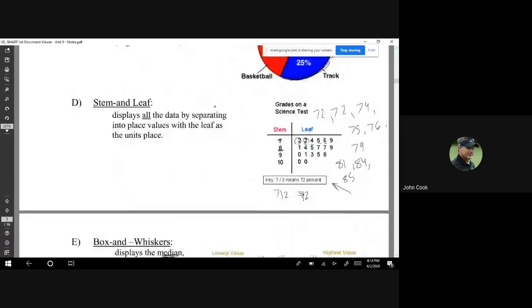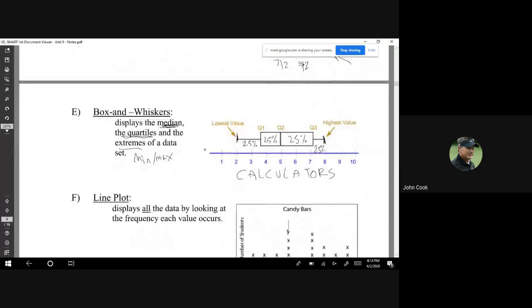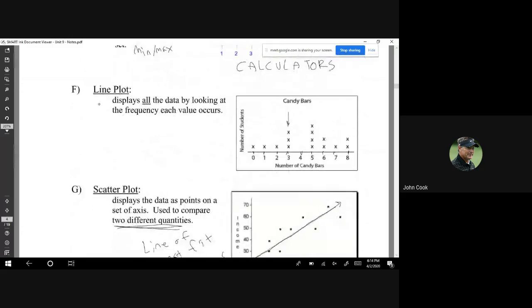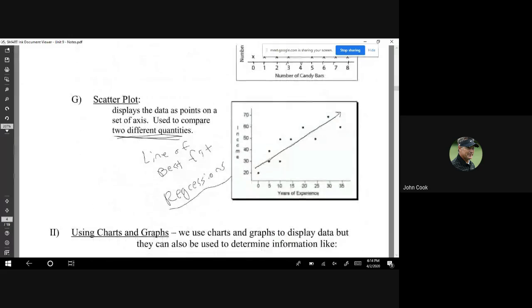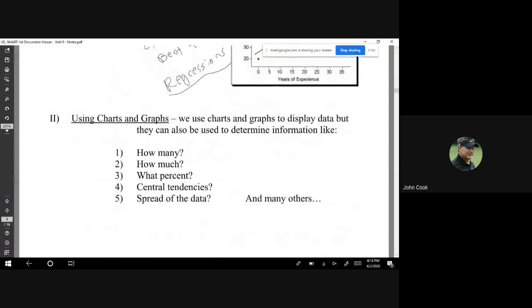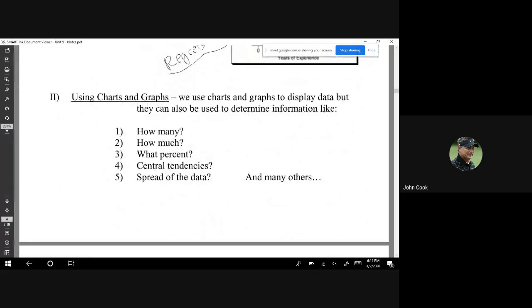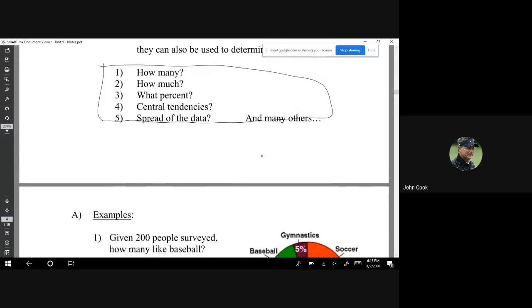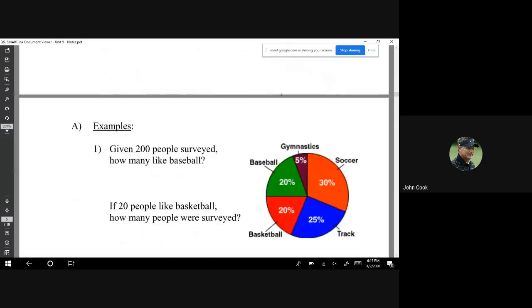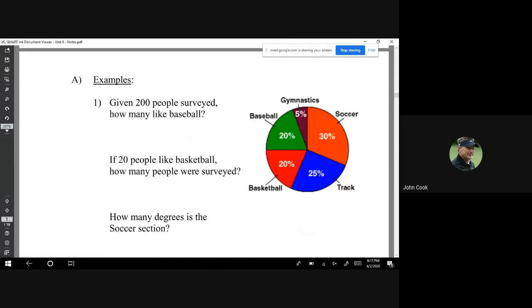Okay, so we just got through 9.2, the first part of it, where we're looking at the different types of graphs that you're going to see. Now let's go ahead and use these charts and these graphs to answer some questions. You can use them to answer a whole litany or list of different questions: how many, how much, what percentage, and so on. So just get prepared for that and know the basic properties of the graphs, and it's pretty easy to